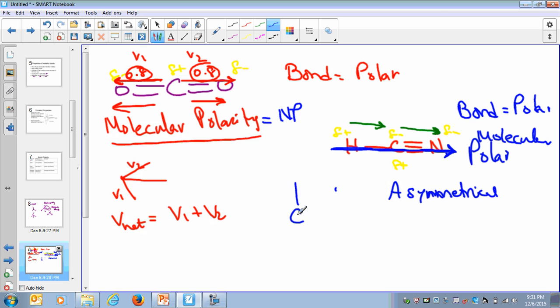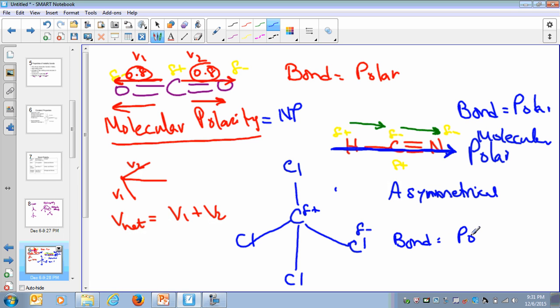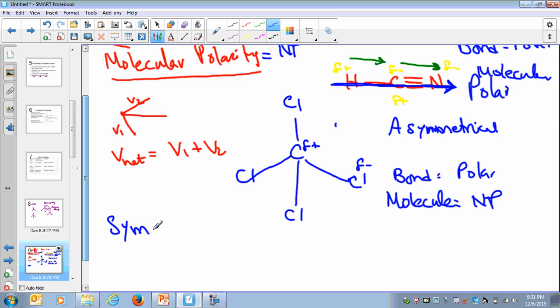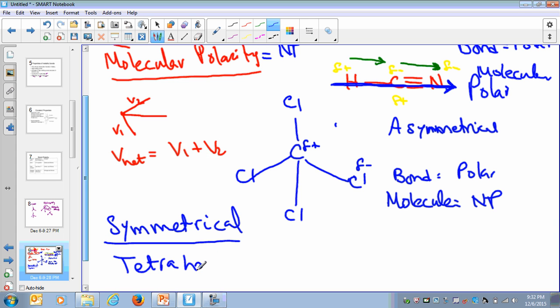So bottom line is, if you have a symmetrical shape, the bond could be polar but the molecule non-polar. Like if I have CCl3, the bond is going to be polar. Okay, chlorine is partial negative, this is partial positive. So the bond is polar, but the molecule is going to be non-polar because of the symmetrical shape. Okay, now which shapes are symmetrical shapes? The symmetrical shapes are the ones that cancel each other. Their vectors will cancel each other. So that is tetrahedral, trigonal planar,